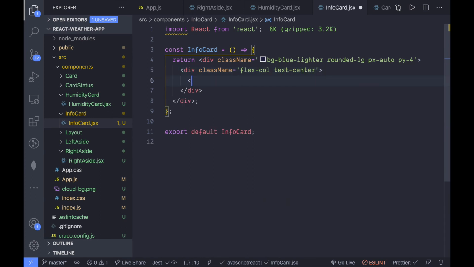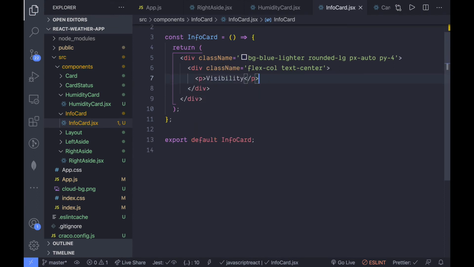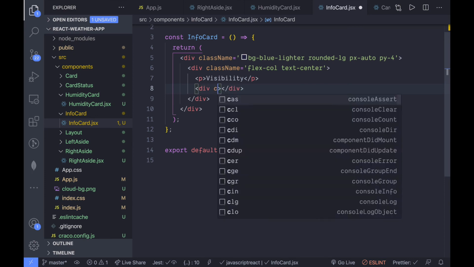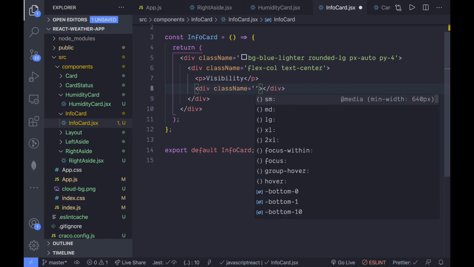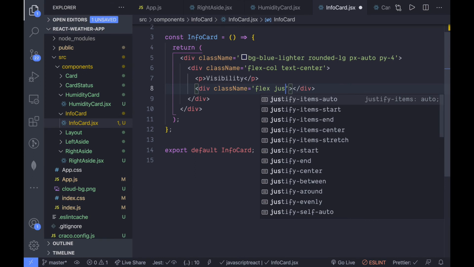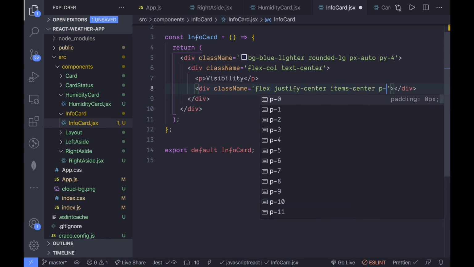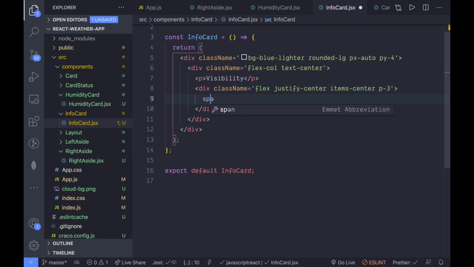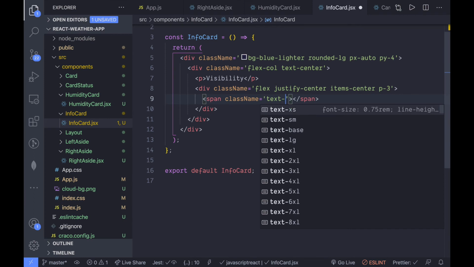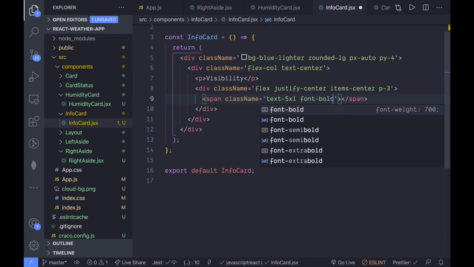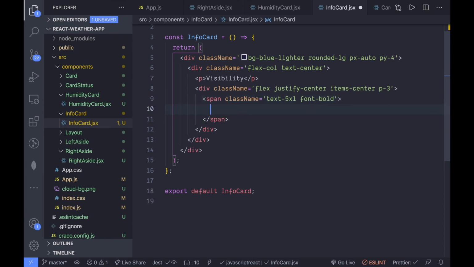So now down this, create a new p tag, and let's just say visibility. Down this p tag, create a new div, and let's just give it a class name of flex and justify the items to center and items to center, and set the padding to 3, and create a new span tag, give it a class name of text 5xl so that we want a large text, and set the font to bold, and let's just give the visibility information right here.